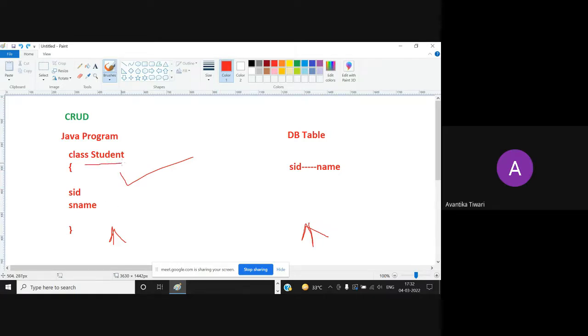Now, I'll create the class in the Java program. Once you perform operations on this Student class, where should the changes be saved? The changes should be saved to the database table. For that, I need to establish a connection between both of them.